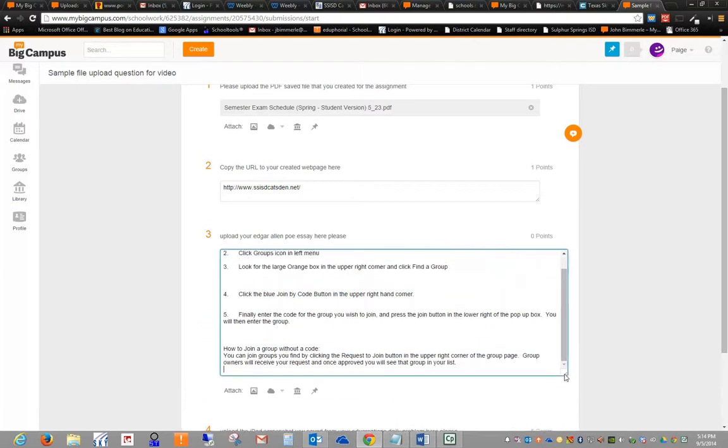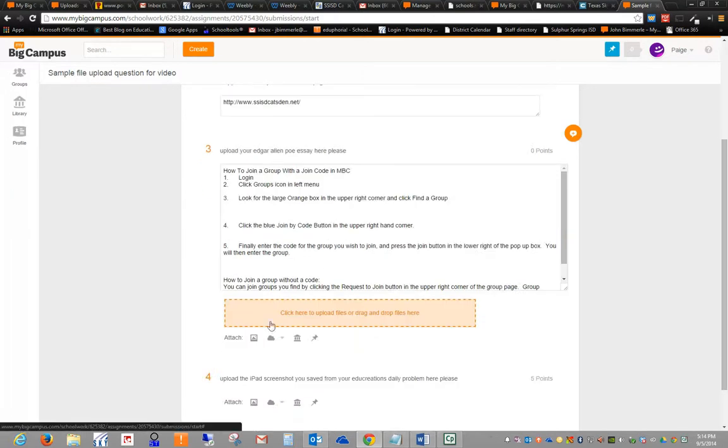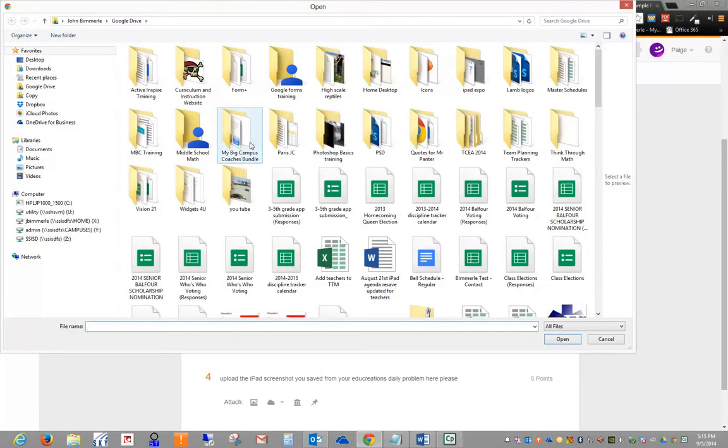It's stripped out the pictures, but overall that content's there. If I'm just typing a regular essay type of assignment, students could just copy it in that way and you can see it. Or the beauty of this type of question is I've got that same dialog box. I can go ahead and go out here and gather up that same file,